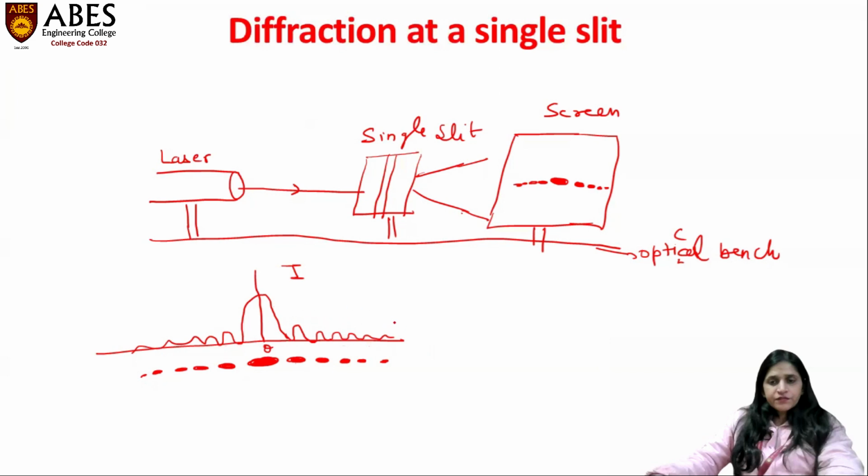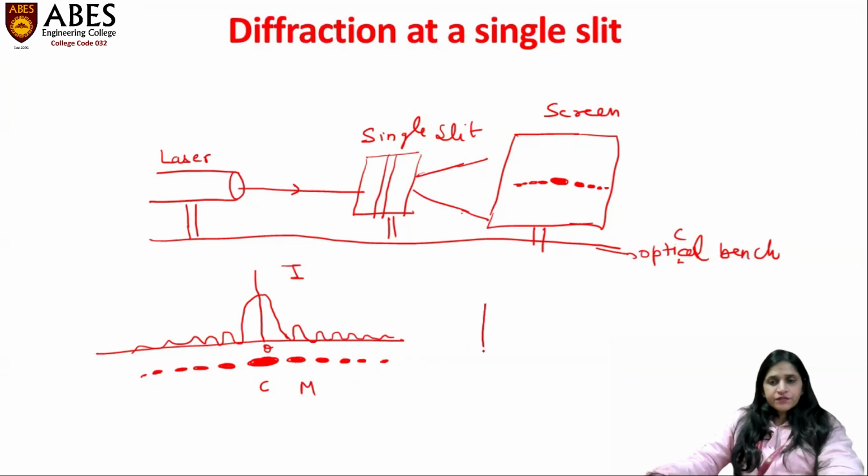So further, now you should know what we are talking about. We are talking about this pattern only. We are going to study the central maxima. We are going to study all these maxima. Suppose at an angle theta we get M maxima, and then if we change the value of theta, then we get other maxima. So we are going to study this only.